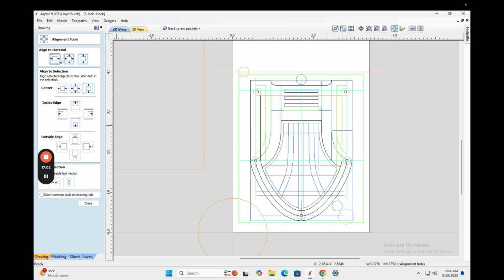This I need to make sure is aligned centered. And then, actually, no, I don't. I need to make sure that, okay, if I do it here, technically cutting outside of the piece, that would still give it alignment, but I want it to be fully inside the material. So if I do that,